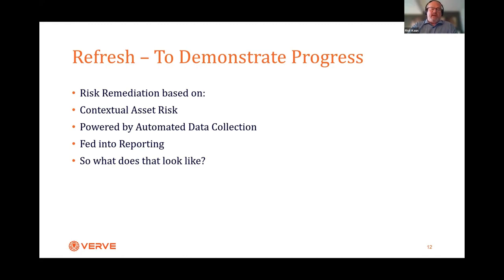To do that, we absolutely have to have context. We cannot just have individual or raw risk without any sort of reference back to the actual device. It is 100% powered by automated data collection. I have a client that I spoke to today at the conference who is manually collecting inventory once a year. They hire a summer intern, and the intern is tasked with taking the existing Excel spreadsheet and walking through all of the different racks and components and cables and cable